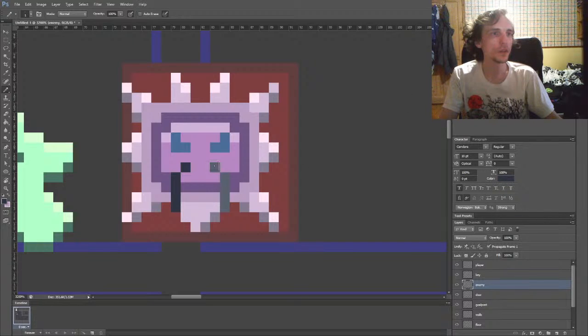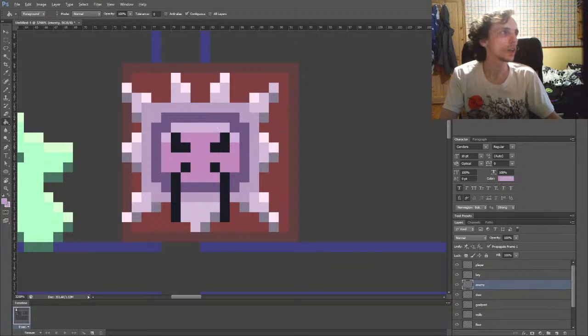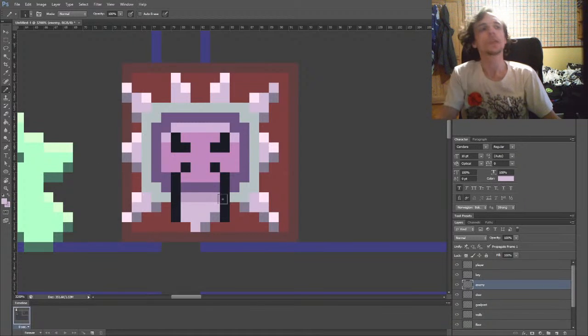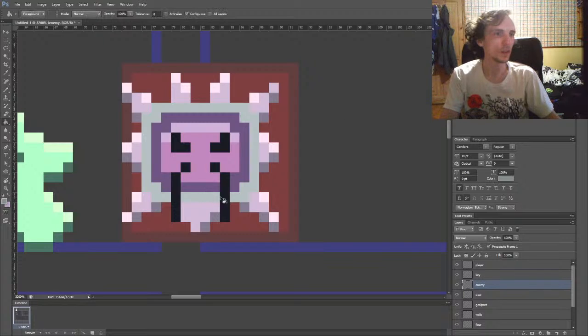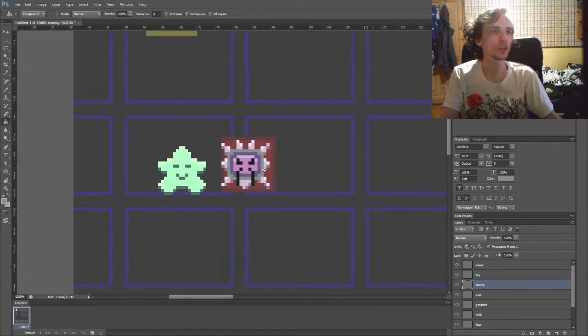Let's make it a bit darker. There we go. So a lot more darker. And then this, I want it to be a bit more red. This, I kind of want it to be a lot more blue. A lot less, there we go. It's still a bit nice. Let's make it a bit darker there. And I still feel like I can see too much colour in it, but